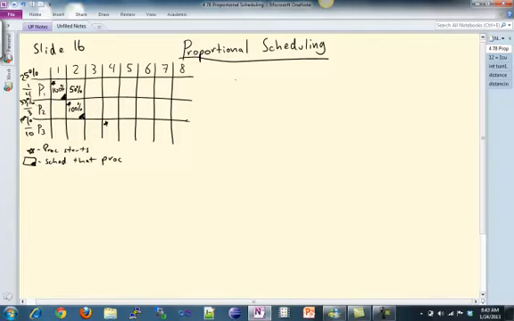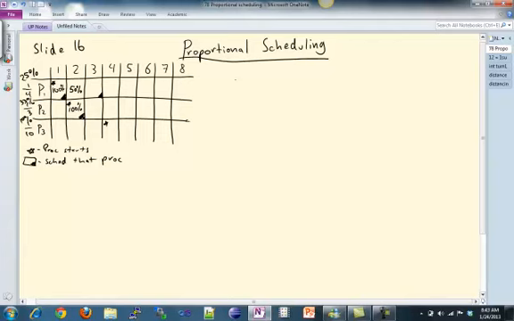But 50% is less. There's a lesser distance between 50% and 25% than between 100% and 33%. So the most unfairly treated process is process 1. Because although it has received more than what it asked for, it has received more by a lesser amount than P2. So we pick process 1,